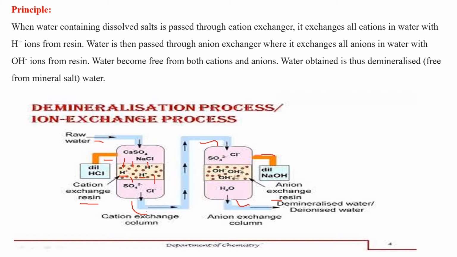Now this acidic water we give to the anion exchanger resin, which has loosely bound OH minus ions. The anions, that is SO4 2 minus sulfate and chloride ions, percolate through this anion exchanger resin, and the OH minus ions get exchanged with these anions. That means sulfate and chloride will be captured by this resin, and in exchange we get OH minus ions in the water sample. So now the water coming out from the anion exchanger resin will have only H plus and OH